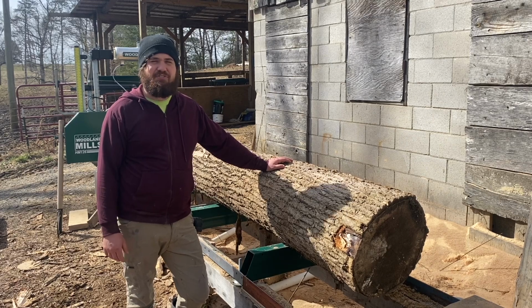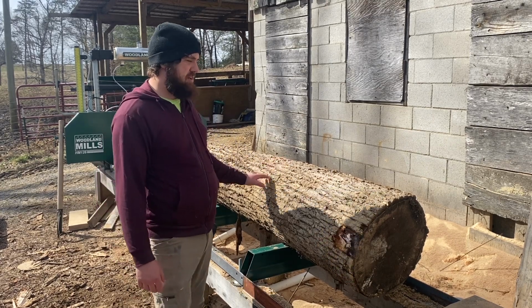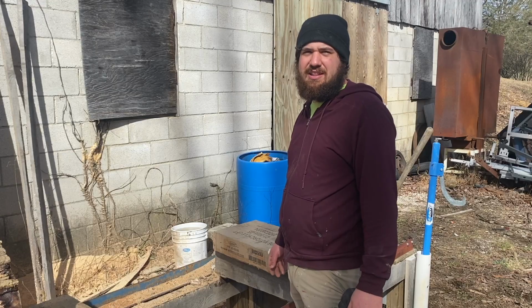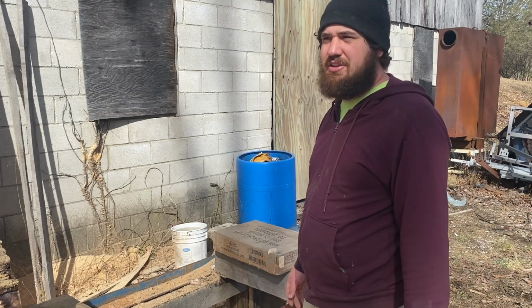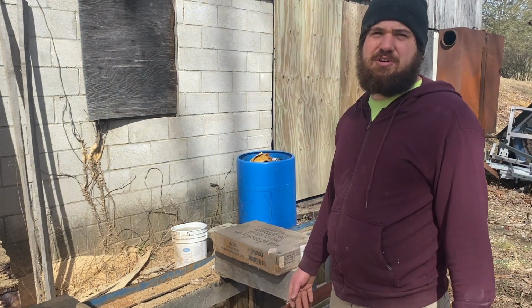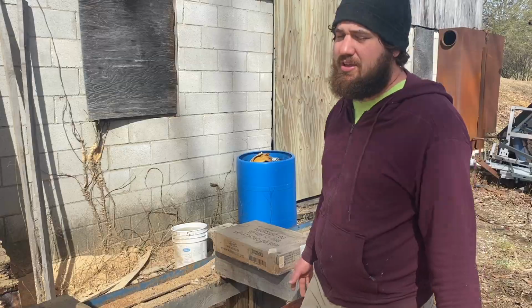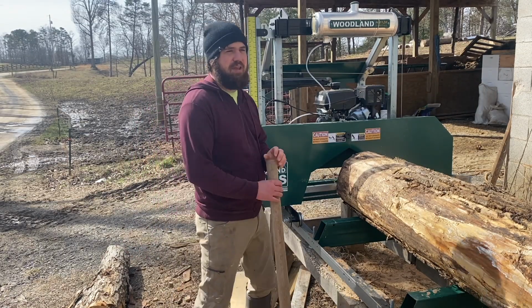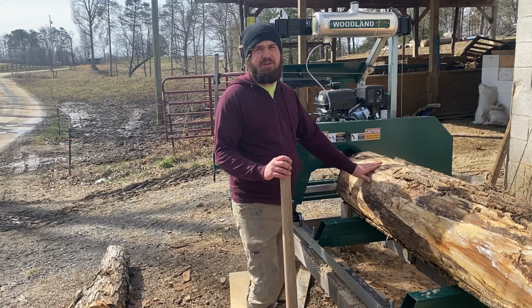I've got a 12.5-foot oak here, and it's 19 inches on the big end and 15 inches on the small end. I've only had this mill for a little over a year, so last summer, kind of an impulse buy, I bought this motorcycle lift that Lumberjack uses and then never ended up using it because it turns out I really didn't need it for the size log that this mill can handle, except for those really big ones